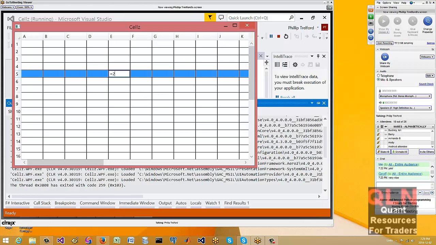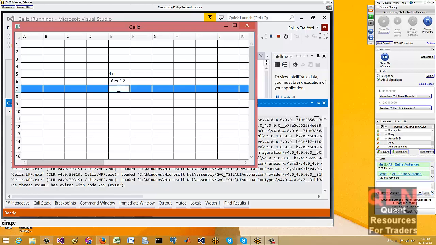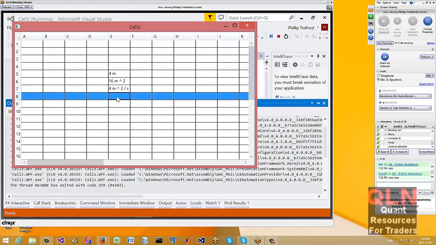But where this differs is that it actually has units of measure support. So I can do this, and we can divide that by seconds. Sorry, I'll just put that in. There you go. So that's kind of cute.